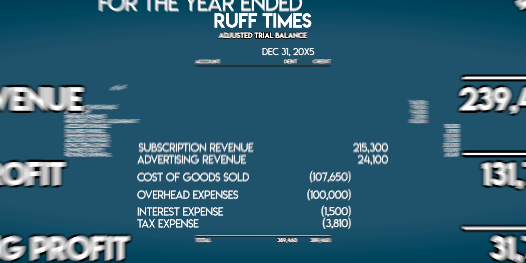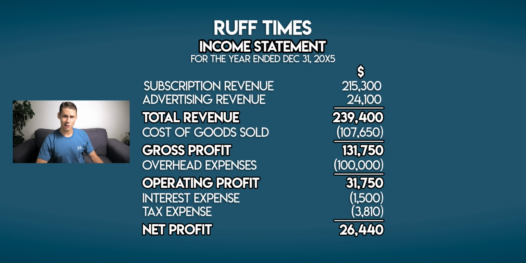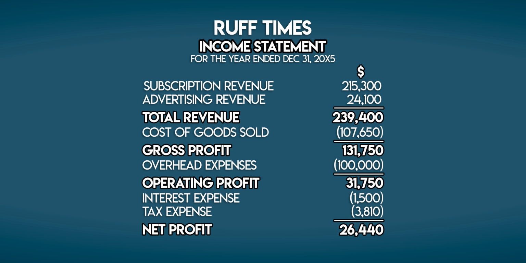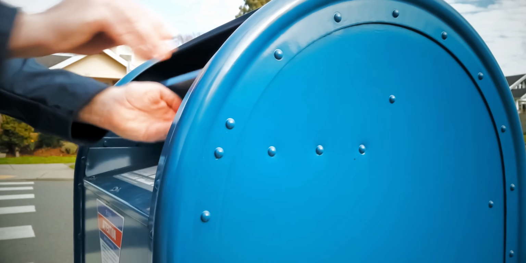Now let's check out your income statement. This summarizes your business's revenues and expenses over a period of time. Here, that's the previous year, and it gives the readers a glimpse of your financial performance and profitability. If you were cash accounting, then this income statement would also mirror your cash flows. But you're using the accrual method, so profit and cash flow aren't the same thing. You keep track of your cash flows separately in a cash flow statement. This report summarizes your cash inflows and outflows over the same period of time. Once you've created these three financial statements, you can send them out to your investors, lenders, and creditors.